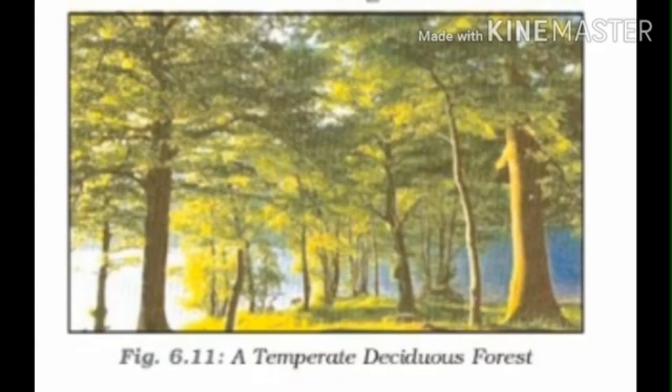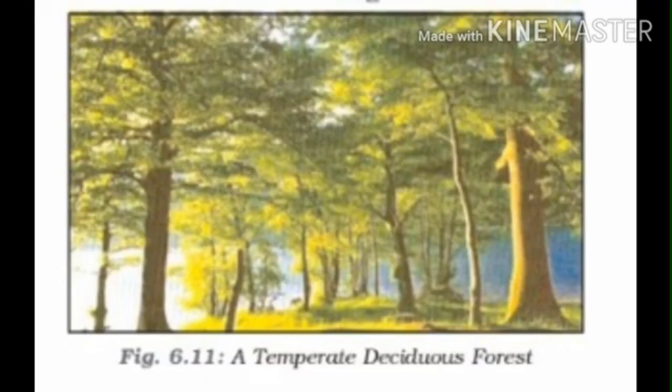Clear? Then are the trees of evergreen forest tall or short? The trees of evergreen forest are tall and remain green throughout the year. Vegetation found in tropical evergreen forest is hardwood trees. What are the hardwood trees? Like ebony, then mahogany, then rosewood. These are the main trees found in tropical evergreen forest. Then what are the animals present in this type of forest? Apes, snakes, then lizards, monkeys, crocodiles, elephants, and pythons. These are the main animals found in tropical rainforest or tropical evergreen forest.